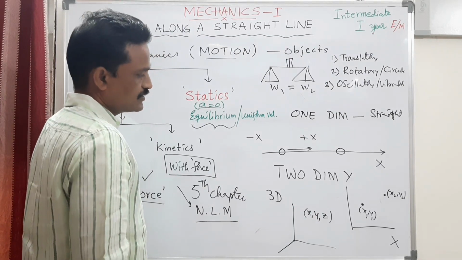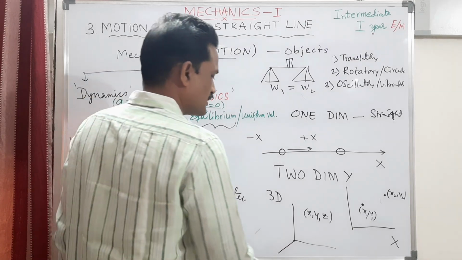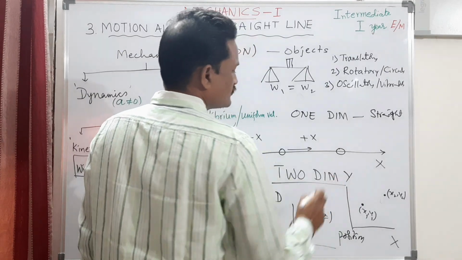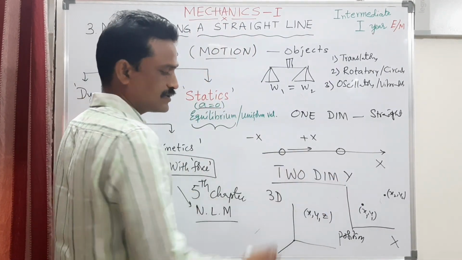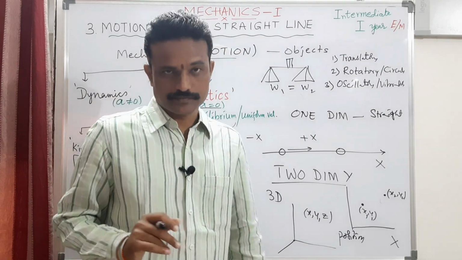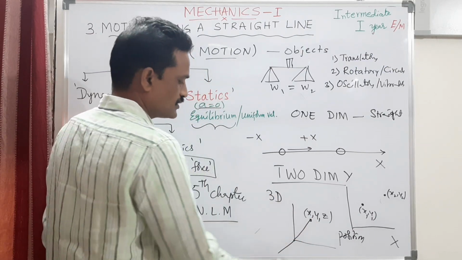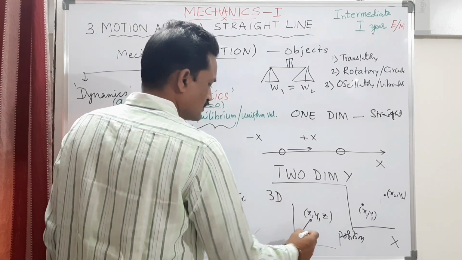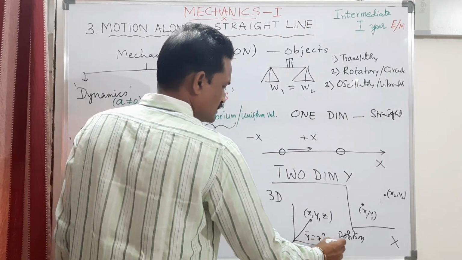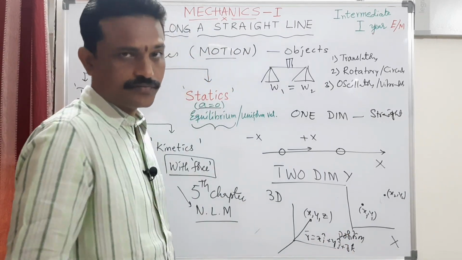The basic difference is, to describe two dimensional and three dimensional motion, we should take position vector. That is very, very important. So, two dimensional motion requires vectors that we already dealt with in the first three chapters. You might be remembering, we took a position vector, where we wrote r bar, that is vector r is equal to xi plus yj plus zk. If you do not remember, please once again go through those three videos.